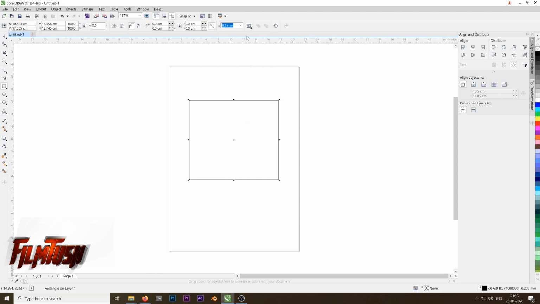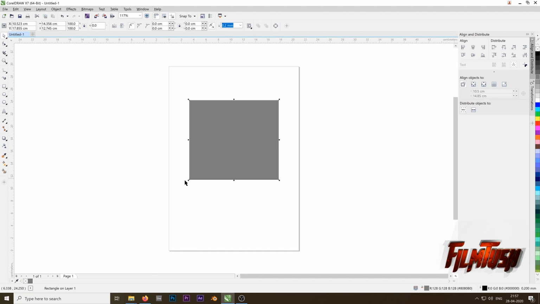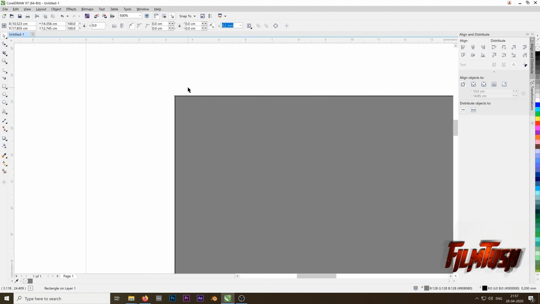Now you can fill the inside, and also the outside, I mean the stroke and the fill. How to do that? Here you have the pick tool. I will explain all the tools later, but first we need to know the basics of coloring. If you want to fill inside the object, just left click on any color. You can see the color you choose is inside the object. If you right click on any color, then just look at the stroke and you will see the changes. I hope you can see the changes.